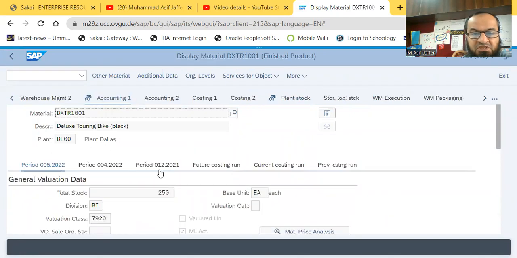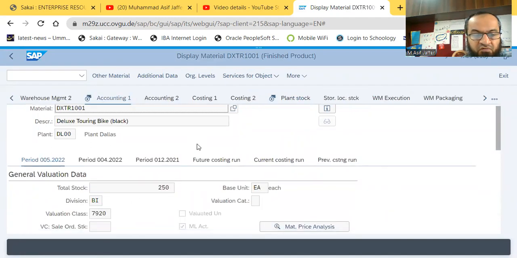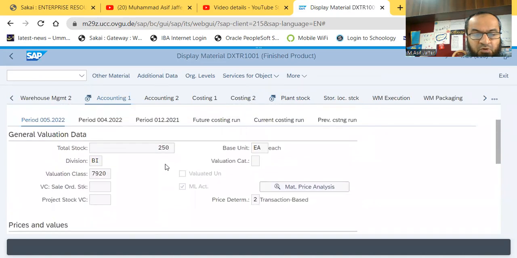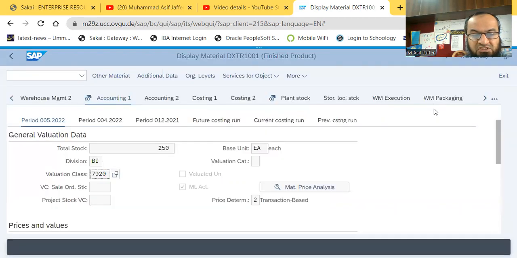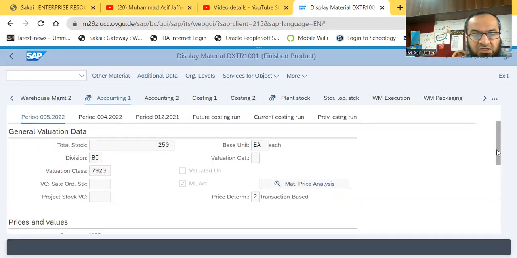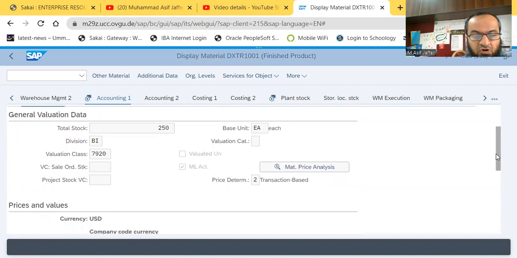Then we press enter, the system takes us to the next selected view, which is accounting 1. Here we see some important pieces of data, for example, the valuation class. Valuation class is something which links the material with the general ledger. If we call the details of this valuation class, then this 7920 corresponds to finished goods. It means this product, since it is a finished product, will eventually be recorded as finished goods